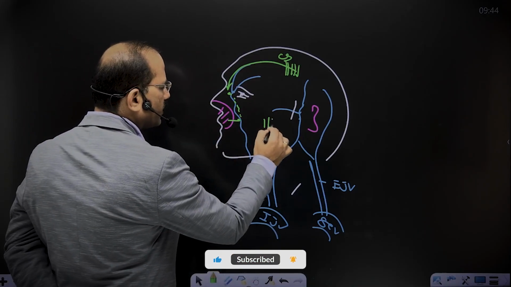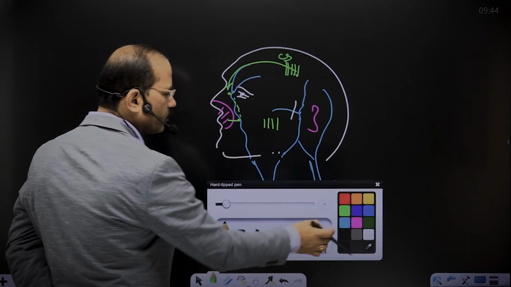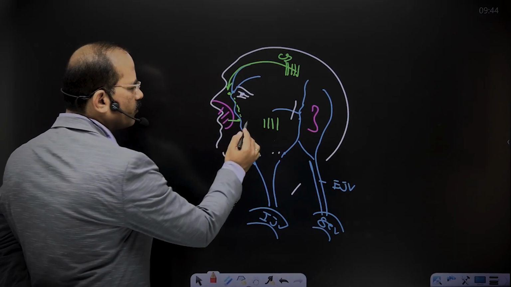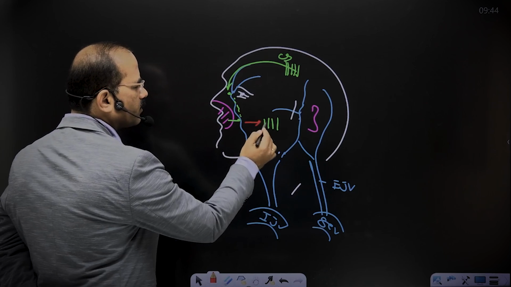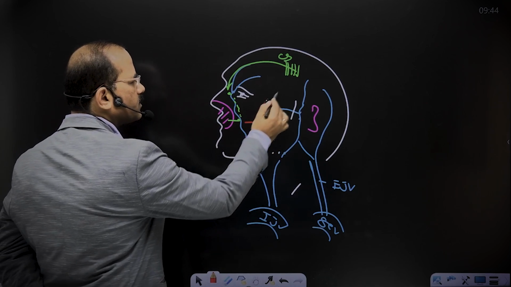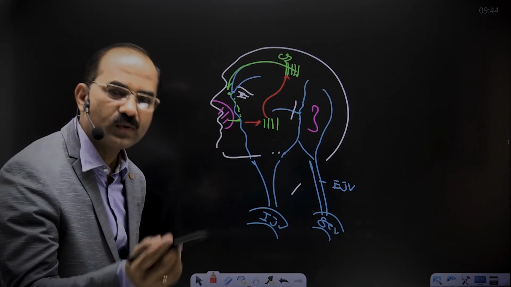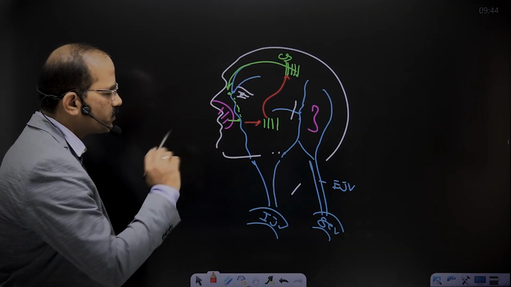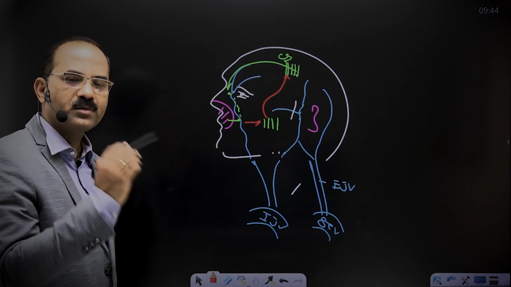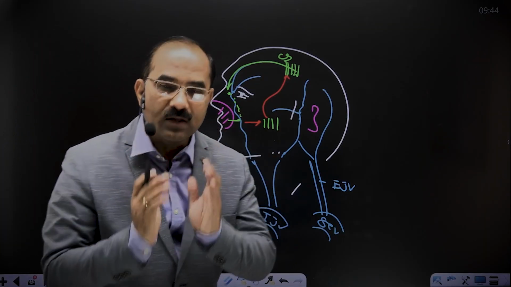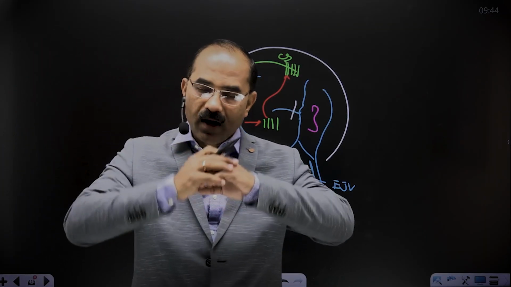What is this now? That's a pterygoid venous plexus. How does the infection go here to the cavernous sinus? From the dangerous area, first to the facial vein to the deep facial vein, from deep facial vein to the pterygoid venous plexus, and pterygoid venous plexus to the cavernous sinus through the emissary vein, right? So these were the two ways of spread of infection from the dangerous area of the face to the cavernous sinus. And if this cavernous sinus is infected, it will result in a cavernous sinus